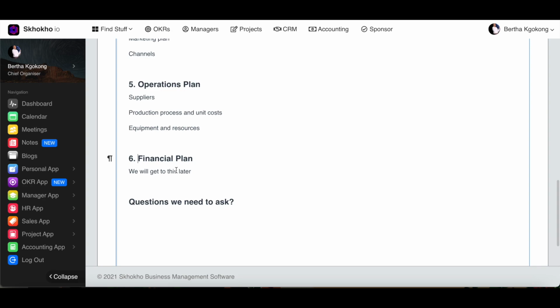But that's okay, because we are going to create the financial plan for the user by asking them simple questions like, how many shoes do you plan to sell and how much are you going to sell them for? Something as simple as that. And we're going to use some ratios here and there, and we're going to do our very best to create financial projections for the user without them even having to think too much. That's the whole point of what we're trying to achieve here: we want to make this really, really simple, and people can just come up here and